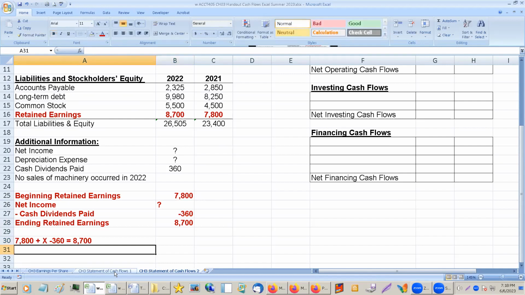So if you solve for X, if you add 360 to each side,